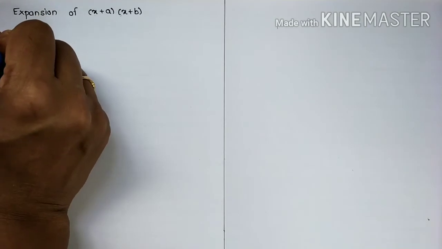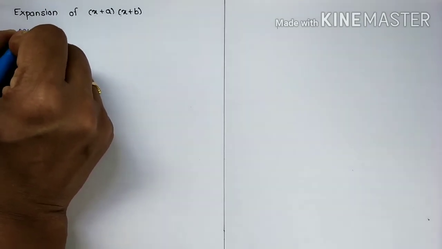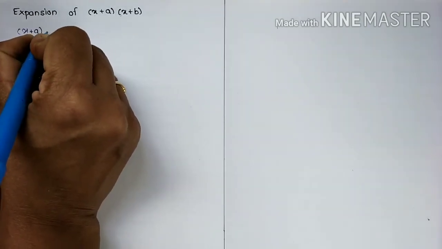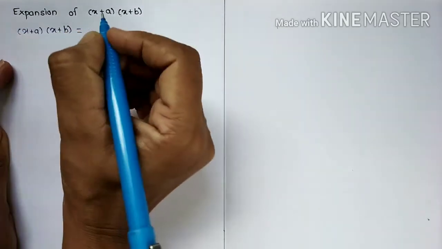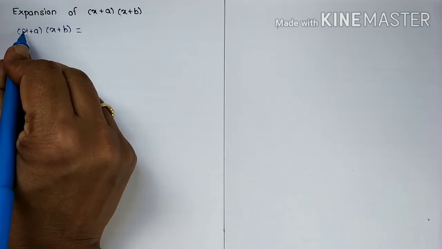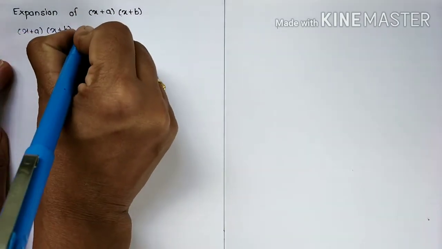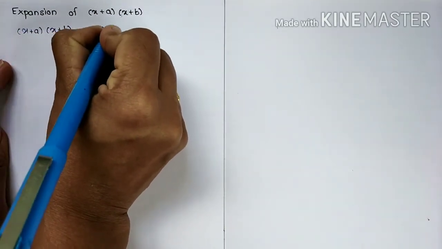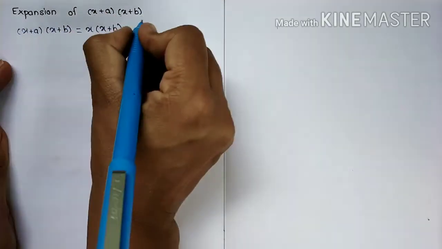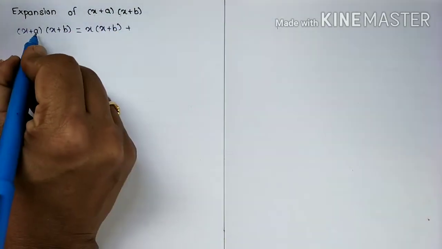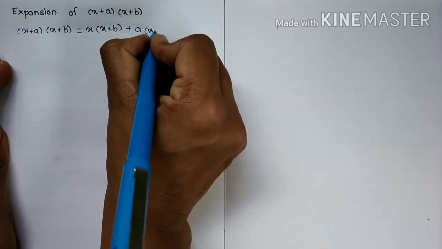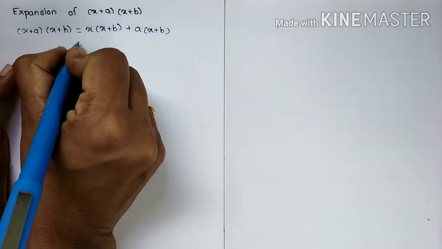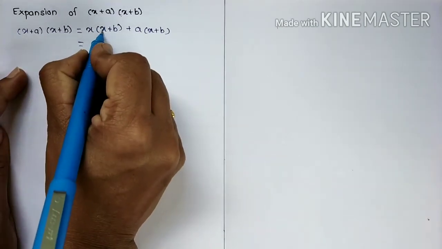So write down (x + a)(x + b) equal to, first we multiply x to this bracket, x into (x + b), then write down plus sign, a into this bracket, (x + b), then multiply x into x is x square